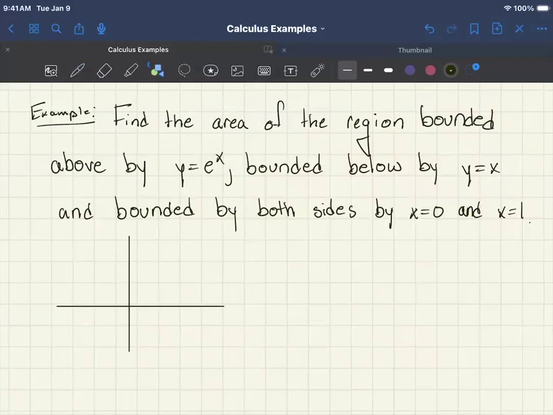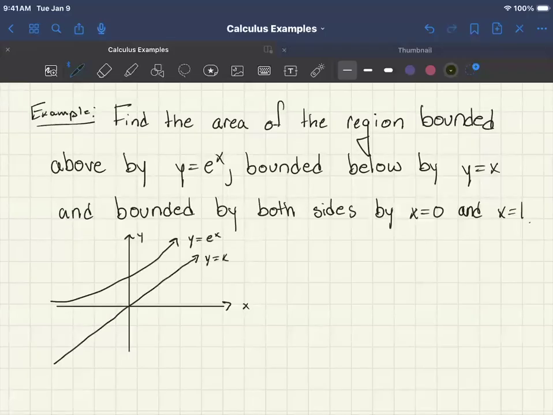of times the first thing to do is to draw that thing out. I love this because I'm a very visual person. I find a lot of students are very visual as well. So drawing out our picture of what we're looking at can be super helpful. E to the x has this nice little shape here. Our line y is equal to x, we know goes through the origin of our graph, so we can pop